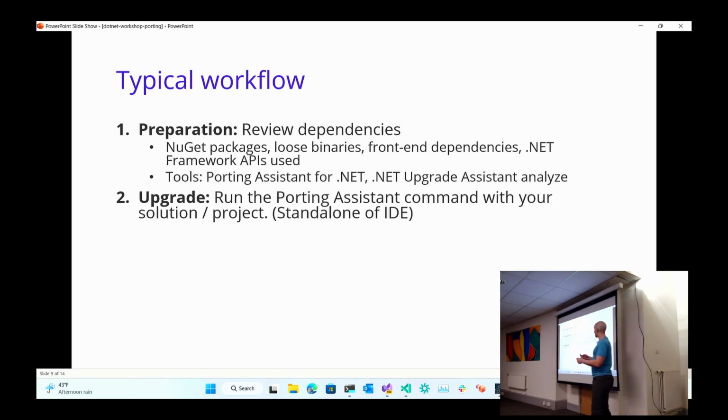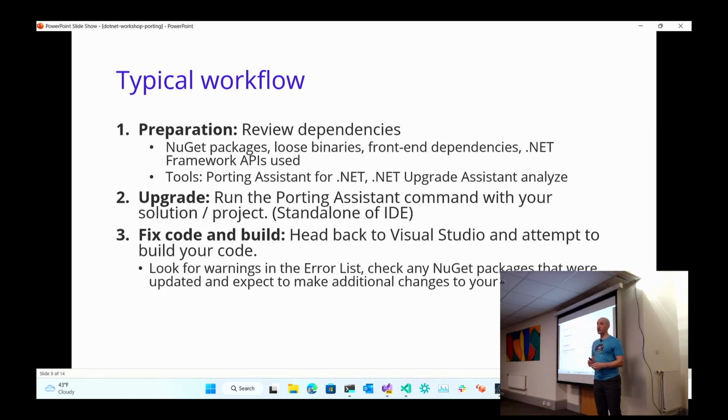The second step is you can actually take these tools and just click a button and say, hey, do the upgrade for me. And that's not going to work. I can tell you right now it's not going to work. But it'll, again, do some of those low-hanging tasks. Update the project file. Maybe modify a little bit of your source code. It can do some of these things. However, the next step, which is the biggest step, is fixing your code and getting it to build, right? And step 3 is the work.